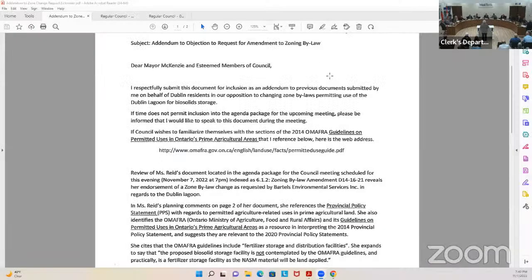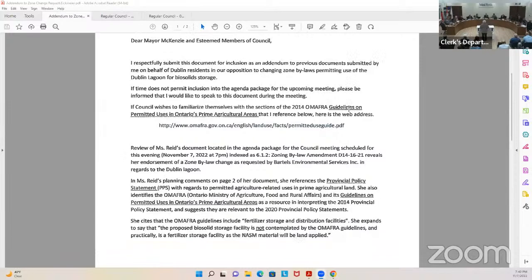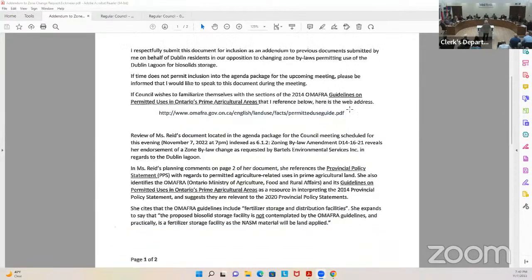In reviewing the documentation submitted by Perth County Planning Department in the package, and Ms. Reed spoke to some of that, I reviewed specific elements of the provincial policy statements as written by the Ontario Ministry of Agriculture, Food and Rural Affairs, and specifically researched the guidelines on permitted uses in Ontario's prime agricultural areas. Susanna referenced some of these elements as well. I'd like to point out that it continues to be expressed that